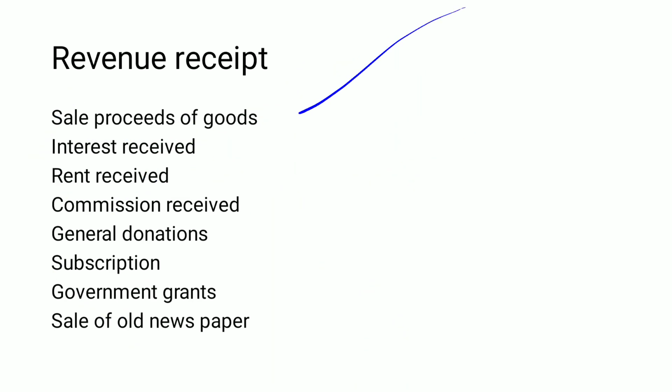Okay, revenue receipts. These are not at all that huge an amount. That's why they are recorded as revenue receipts. If current year revenue receipts are there, then they are recorded in the income and expenditure account. If previous year or succeeding year revenue receipts are also included with the current year, then it is treated as a revenue receipt, but it is recorded in the receipt and payment account. The total amount is recorded in the receipt and payment account.